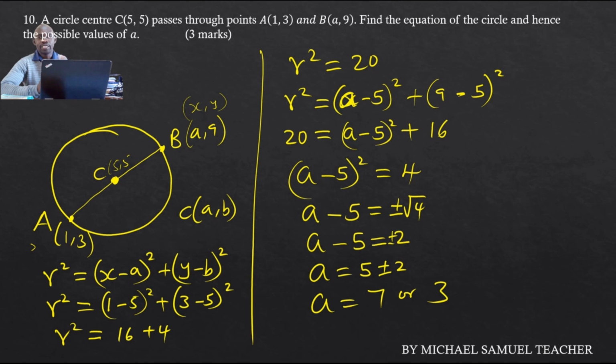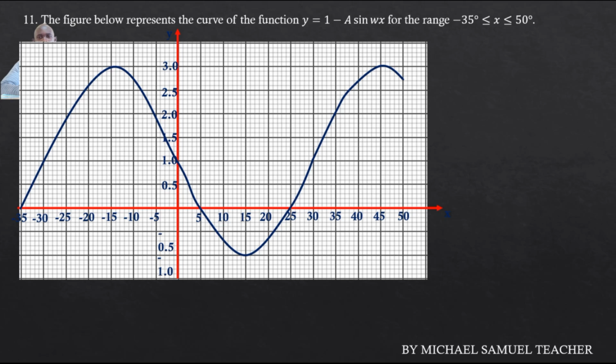We move on to question 11. The figure below represents the curve of the function y equals 1 minus a sine wx for the range minus 35 degrees is less than or equal to x is less than or equal to 50 degrees. Now, this is a graph given on the trigonometric curve, that is y equals 1 minus a sine wx. So the first question is asking